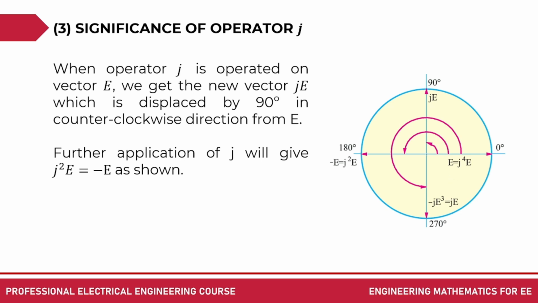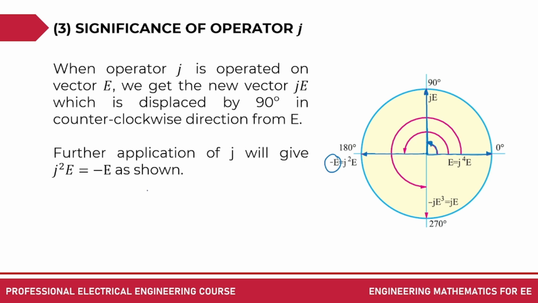So which means you have your vector E here. If you multiply E by J, it will rotate going there, meaning your JE is E angle 90. Definitely, if you multiply another J to it, it becomes J squared E, or negative E, because it will give you the same magnitude of E from the positive side to the negative side.